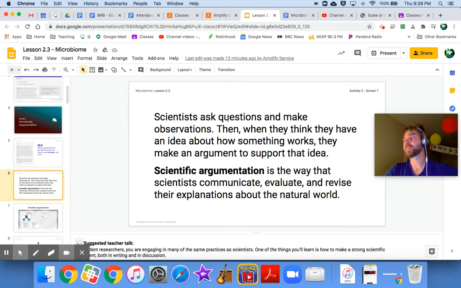We're going to be arguing for a lot of things throughout this entire year. Almost every single unit, we are going to be arguing a certain point of view. We're going to have decisions to make. We're going to have to back up those decisions with evidence and reasoning. So we are starting off right now for something that we're going to be doing the entire year. And you're going to be doing it the rest of your middle school years in science as well. So there's a process to it.